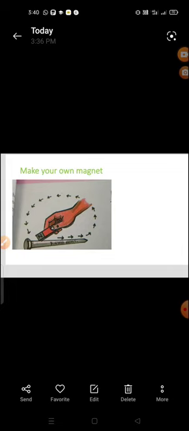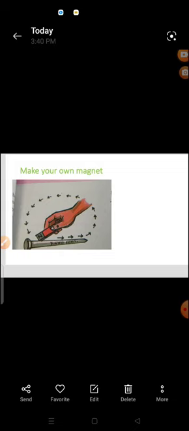Take a bar magnet and place one of its poles near one edge of the nail. Without lifting the bar magnet, move it along the length of the iron nail till you reach the other end. Then lift the bar magnet, bring it to the first end of the nail and move along the length again as shown in figure.